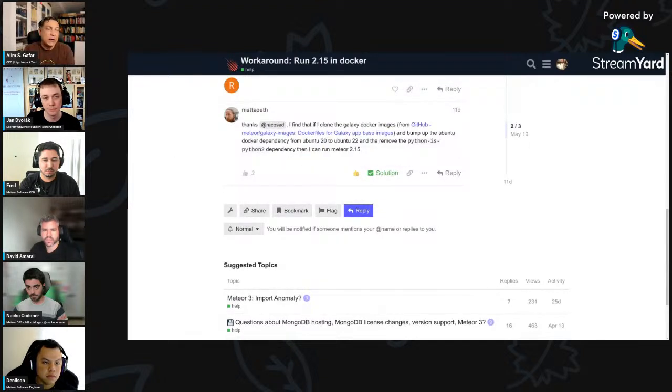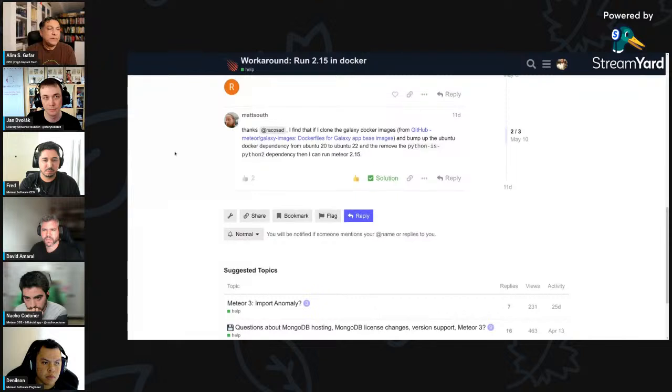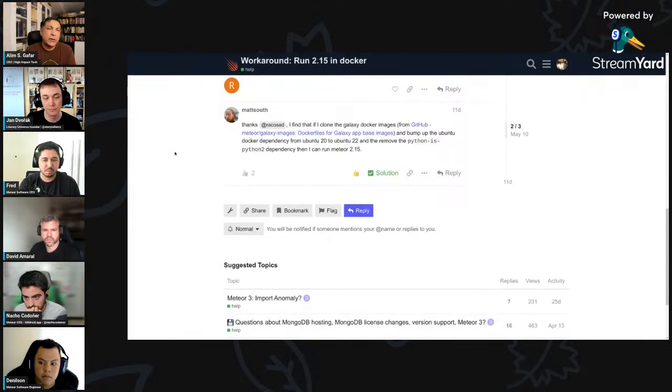And if somebody knows and can post it to this forum thread, that'd be great. But I'm also kind of curious if there is an existing Docker image for Alpine or Arch Linux that might obviate some of these issues too. So if any of you know about this, leave it in the comments or put it in the chat right now. Be great to hear from you and share your expertise and let us know about this.